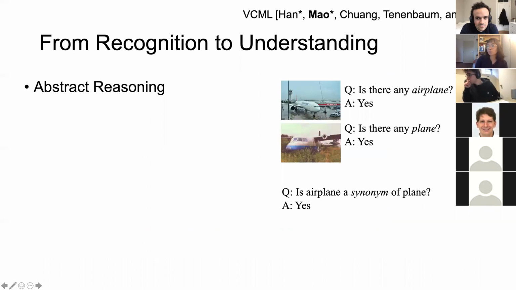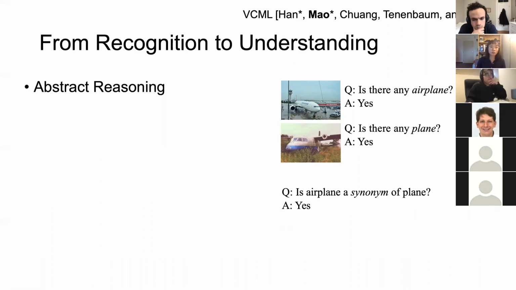So to conclude my talk, I want to draw some future directions that might be interesting to you guys. For the most part of my talk, the problems that I'm interested in are still recognition based. Basically, we recognize patterns in the image, then we recognize the patterns in the text, and we try to connect them together with some symbolic interface.